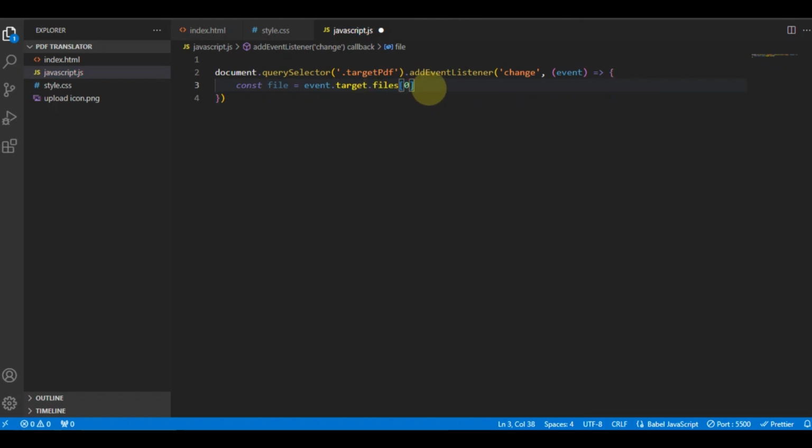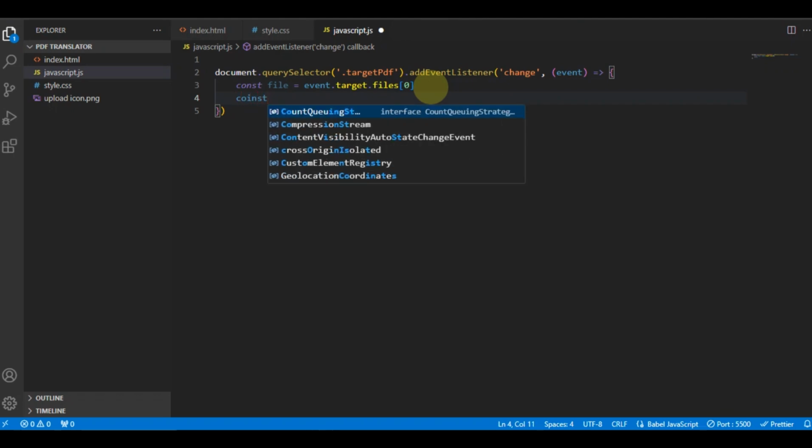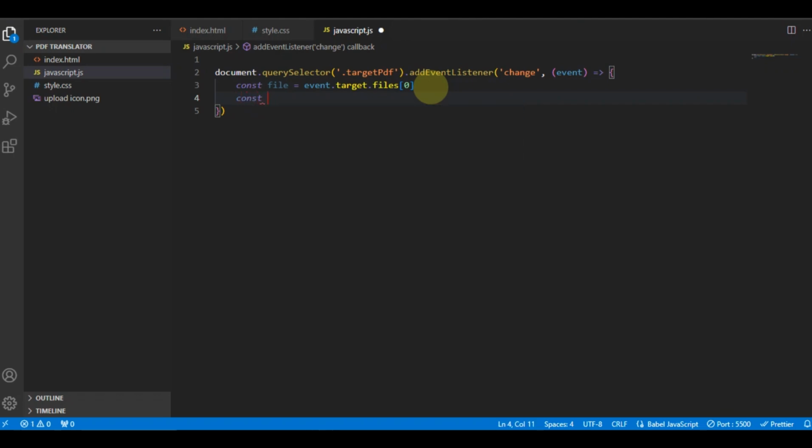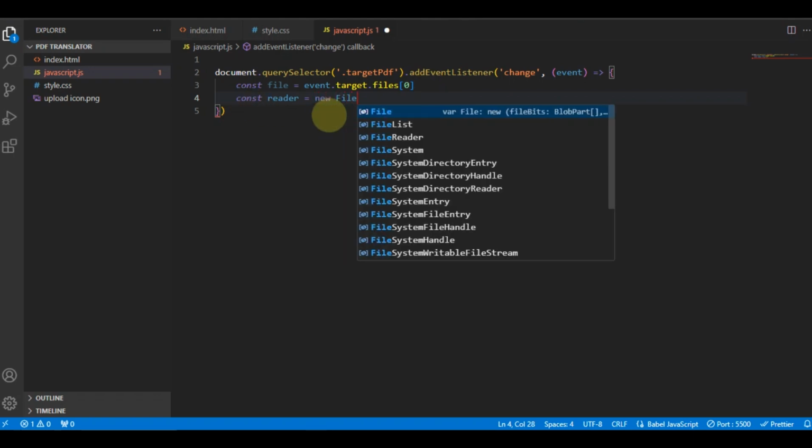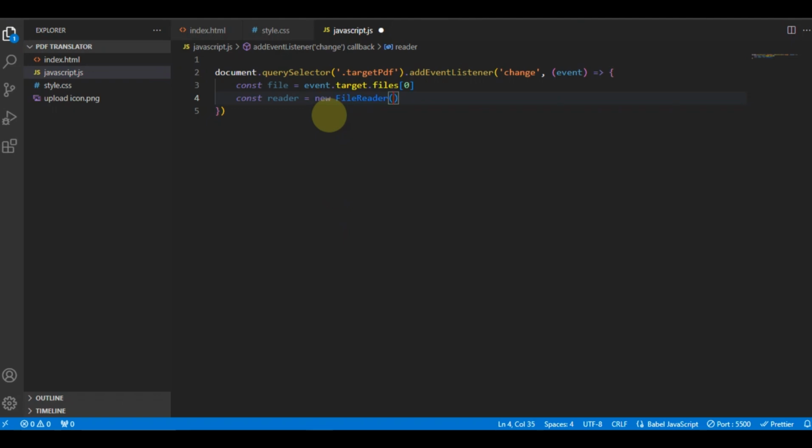This means that we will grab the first file that the user selects, and then again make another constant variable. This variable now I'm giving here reader, because we need to read the file that the user selects from their device. So for that, just type here new FileReader method,